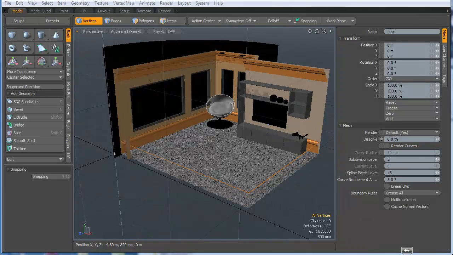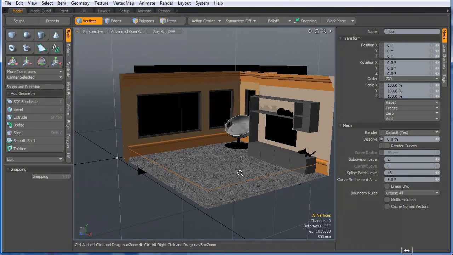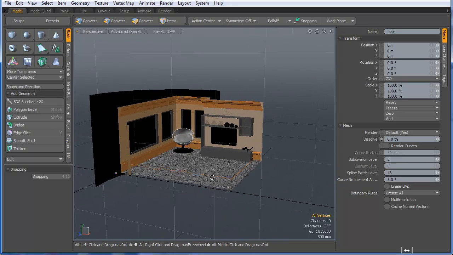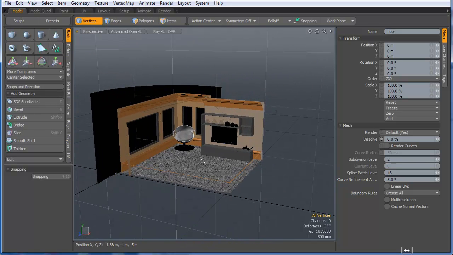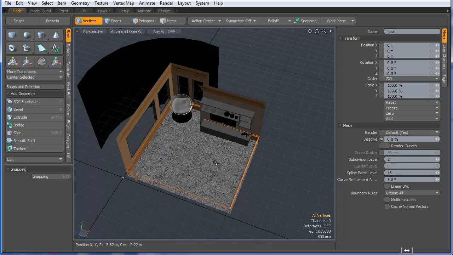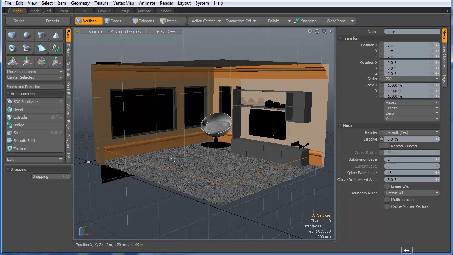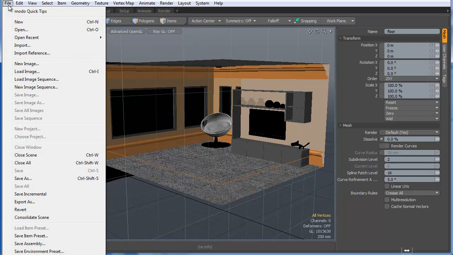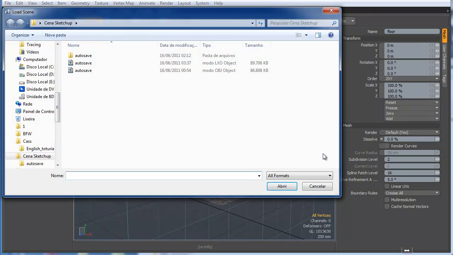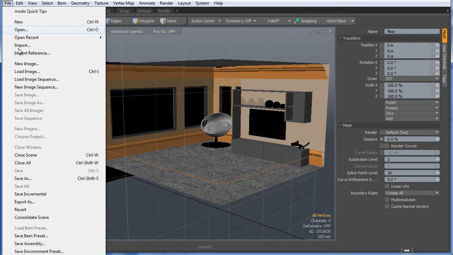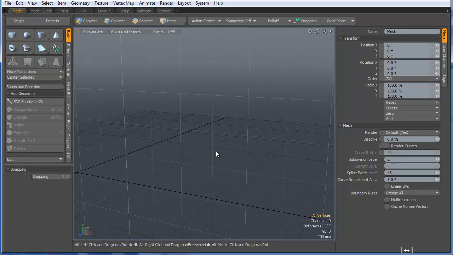Hello guys, welcome back, and we will continue by modeling those poof. I think that's the right word, poof, and it's very easy and very simple to do, but it's very difficult to make the UV. So I will start a new scene here,